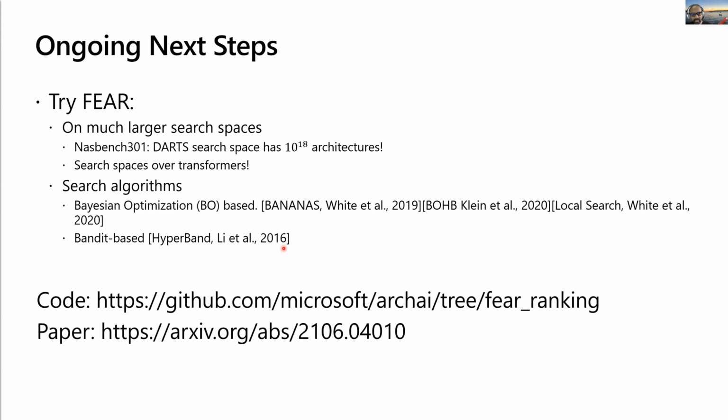We are also going to release a search space over transformers, where obviously I can't evaluate all transformers, but we will evaluate as many as we can, and then do FEAR over that. Hopefully we will also release the logs, just like the NATS-Bench 301 authors have, which has come in very handy. Fully reproducible code is part of the arXiv paper. Paper is here. And now, unless there are further questions, I will hand over to Shital.